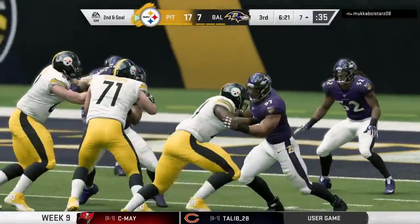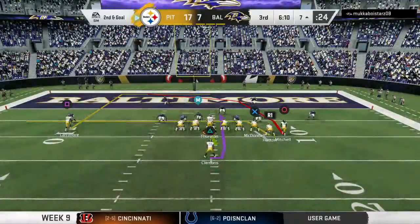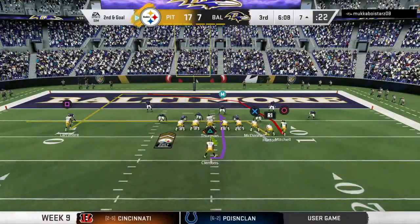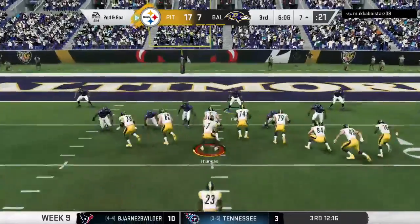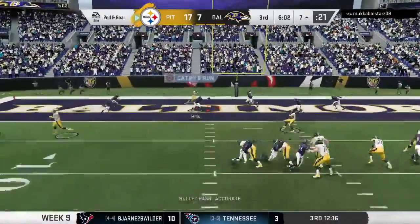If this defense wants to stay in this ball game, they've got to start ending some drives. That helps. And they have to look ahead at what they expect the offense to do. And right now with that lead, that's run the football. So you don't just stack the line of scrimmage. You have to get upfield and try and make...